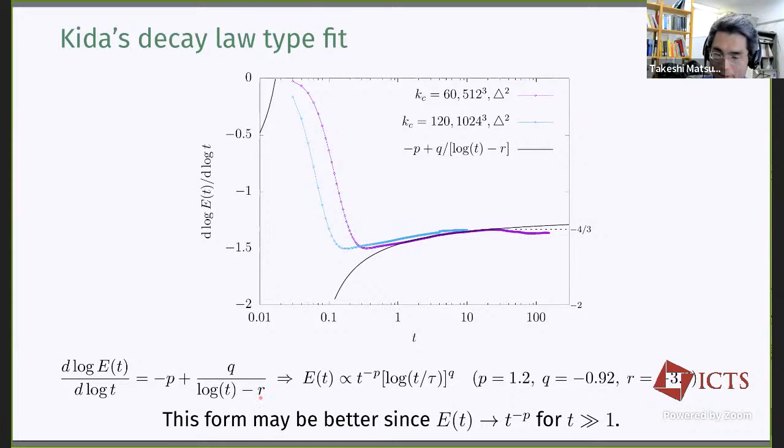This is just empirical, but there's a good thing about this empirical functional form, because we are always concerned with large time asymptotics. This form gives you some asymptotic power law exponent. In this sense, this functional form may be better than the one I showed previously. But at this stage, it is still just empirical, and maybe this part is overfitting, and the asymptotic value of the fitted form is different from the